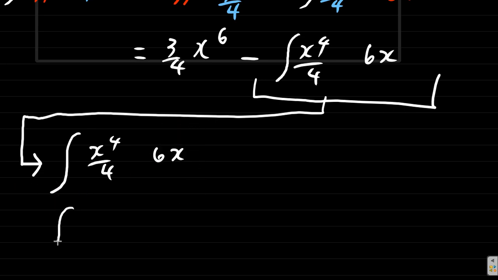What we have is the integral of u dv equals uv minus the integral of v du. All right,